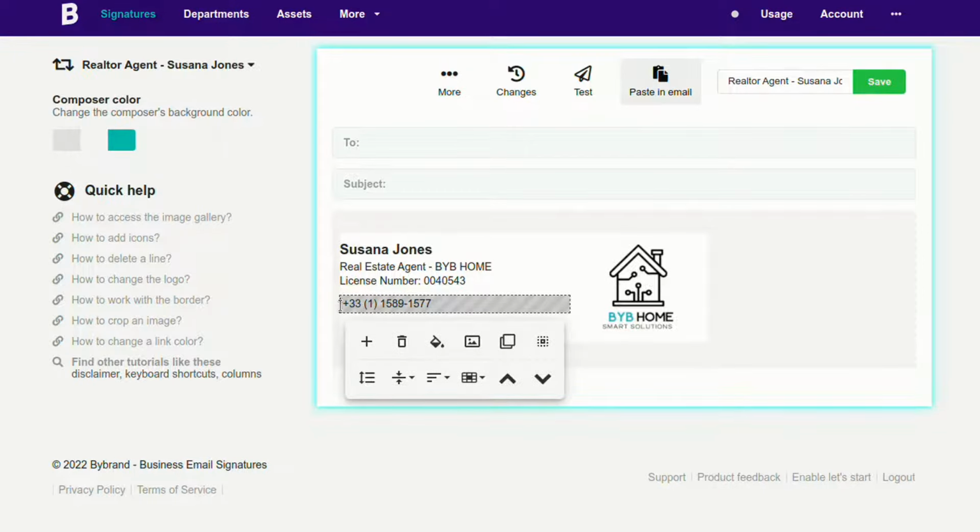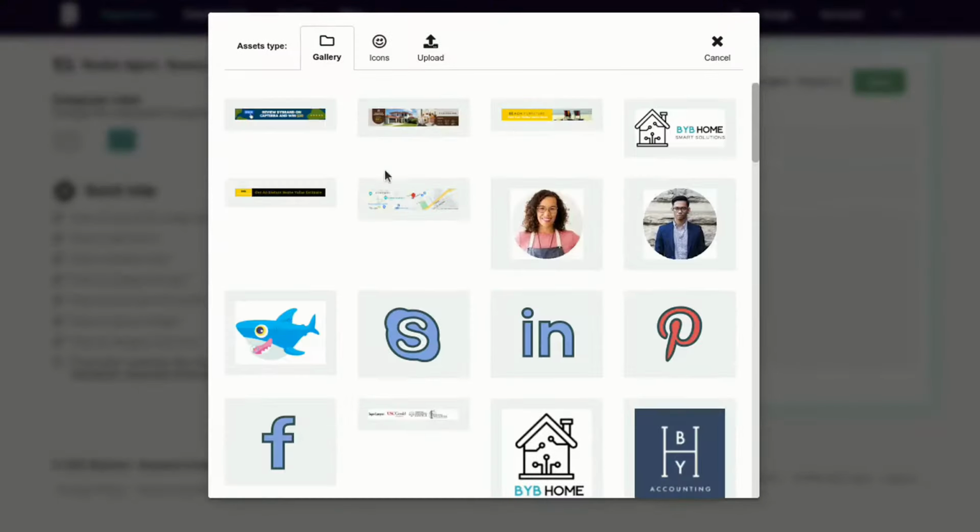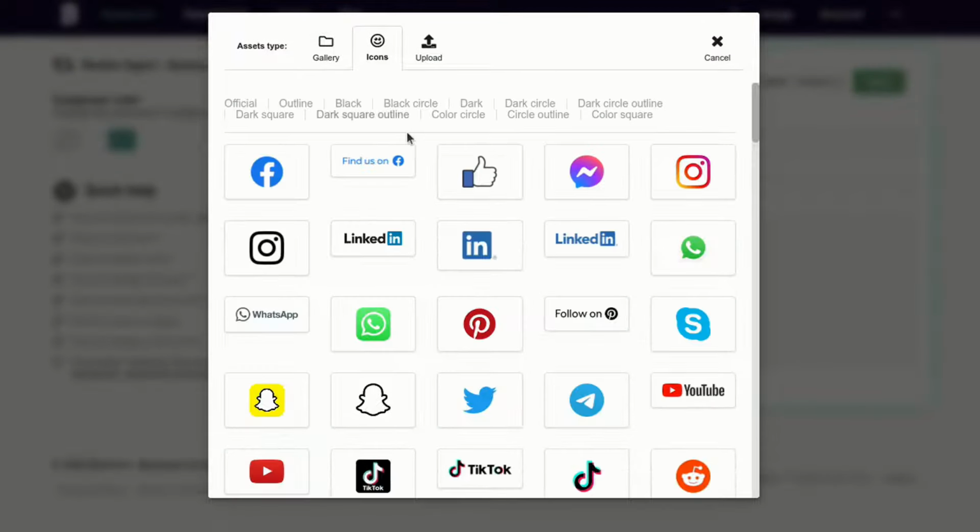Next, add contact information like phone, email, company website, and address.